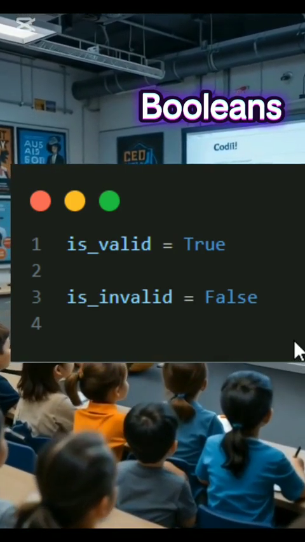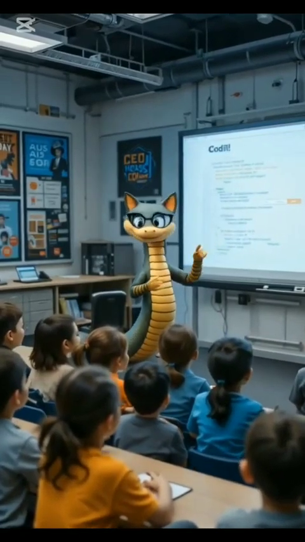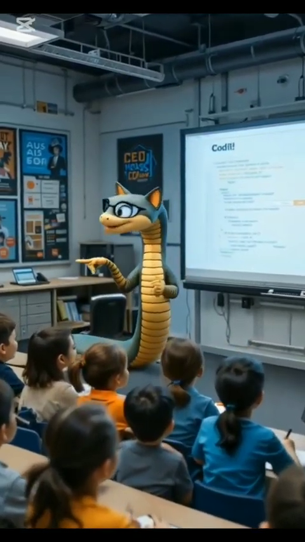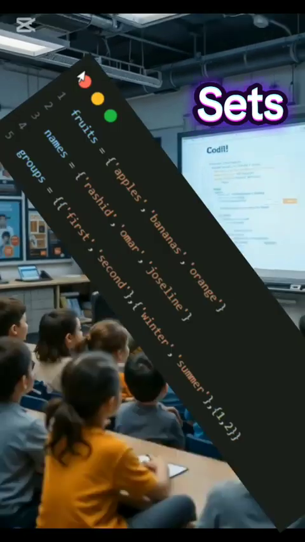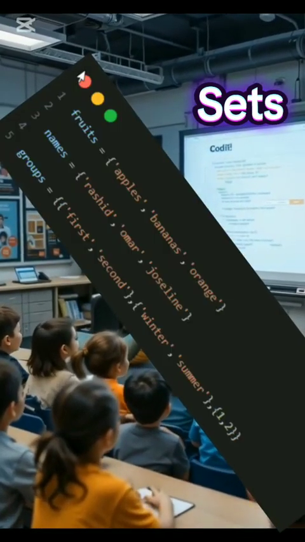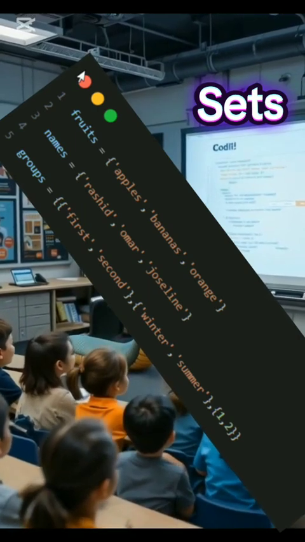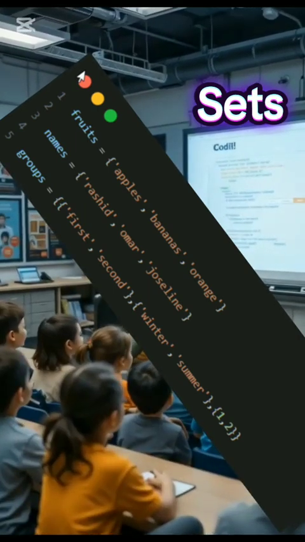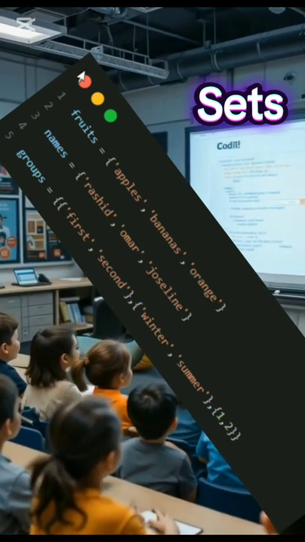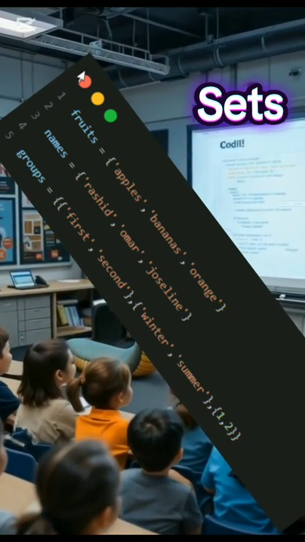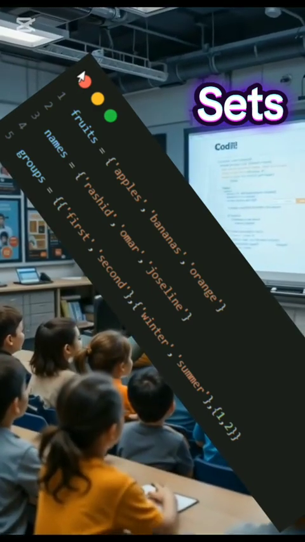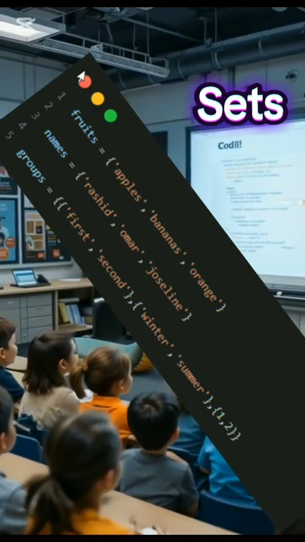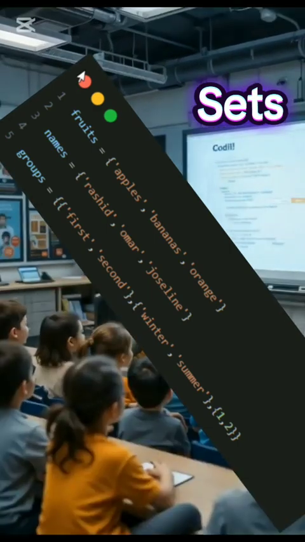Another type we have in Python is the set, or sets. Sets are unordered collections of unique elements enclosed in curly braces. They are useful for mathematical operations such as union, intersection, and difference. So for example, we might have